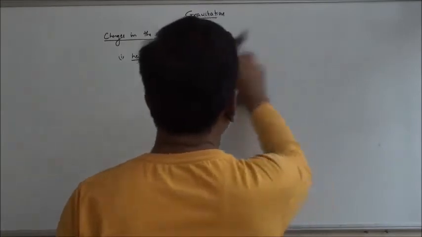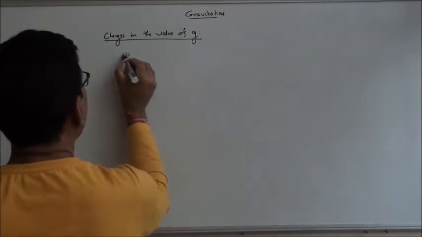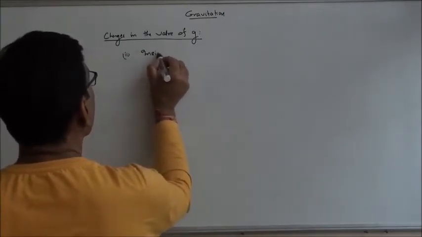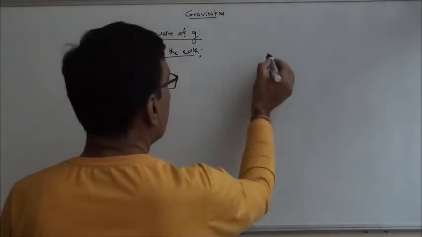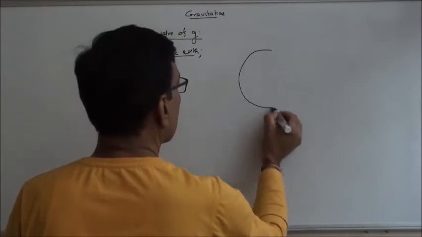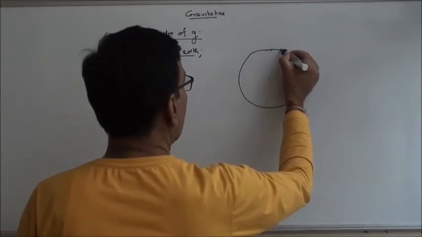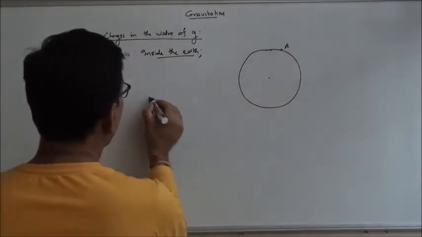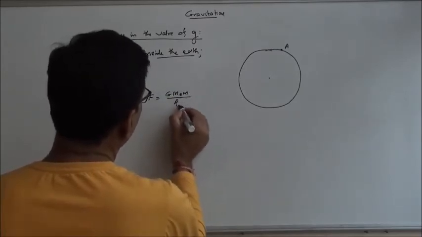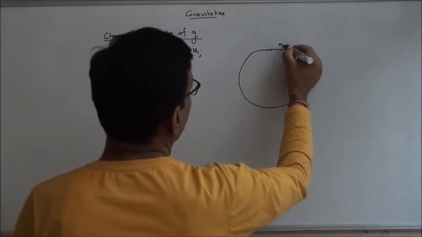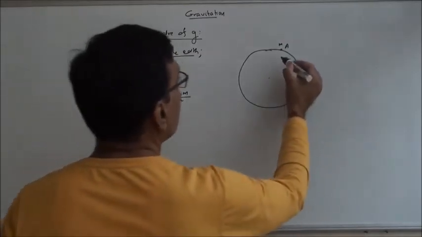Okay, now what happens if we go inside the Earth's surface? The value of gravity inside the Earth. So variation with depth. Again, if the object is at A, we know the value of F is GM_e m upon R_e square. m is here, this distance is R_e, and this is the force. Okay, now if the object is here